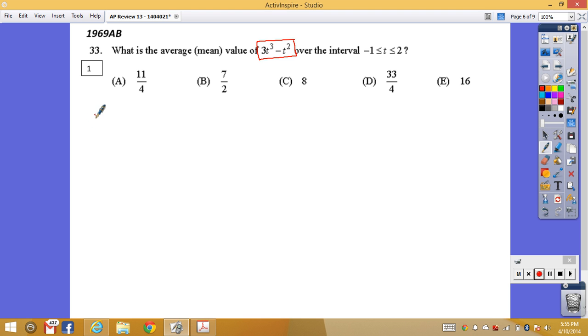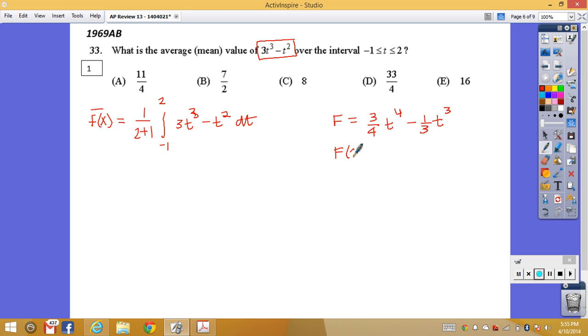actual mean value. So the mean value of the function formula would be 1 over b minus a, integral from -1 to 2 of 3t cubed minus t squared. See? So first thing I'm going to do over here, I'm going to find my antiderivative. Looks like 3/4 t to the 4th minus, I meant, 1/3 t cubed. I'm going to need f of 2, which would be 16 to 4/12 minus 8/3,